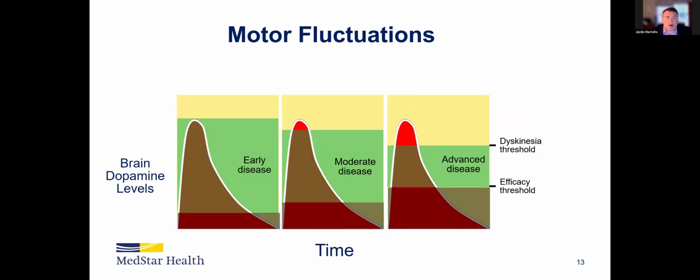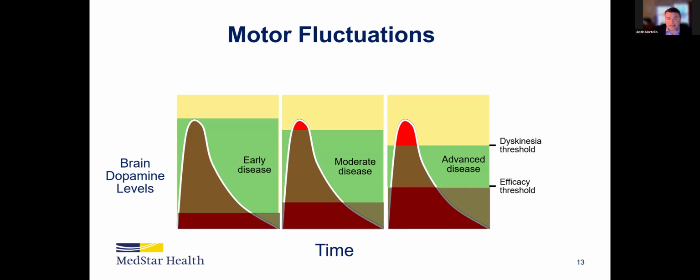Motor fluctuations. So we talk about this a lot in the movement disorder world and with progression in Parkinson's. So just to orient you to this graph, again, x-axis is time. This is typically, let's just say, over a day. And then the y-axis is brain dopamine levels, with that white line being how high your brain dopamine levels are going with taking something like carbidopa levodopa, which is still our mainstay therapy for Parkinson's disease. So you can see that